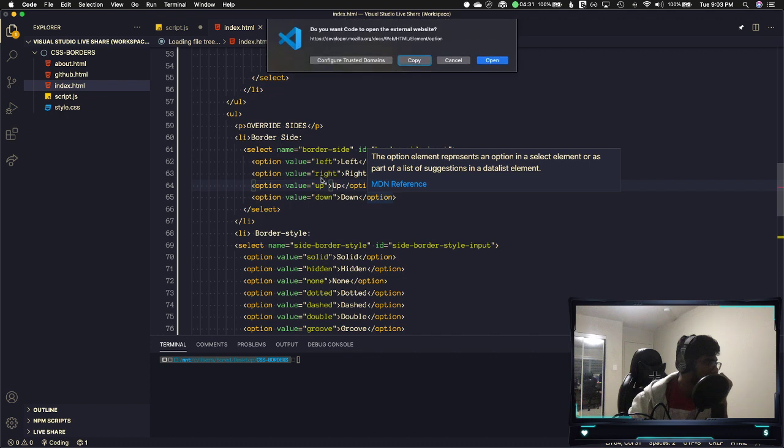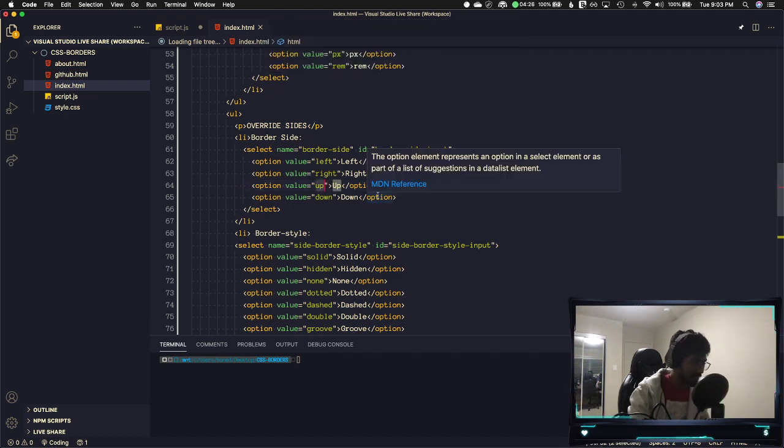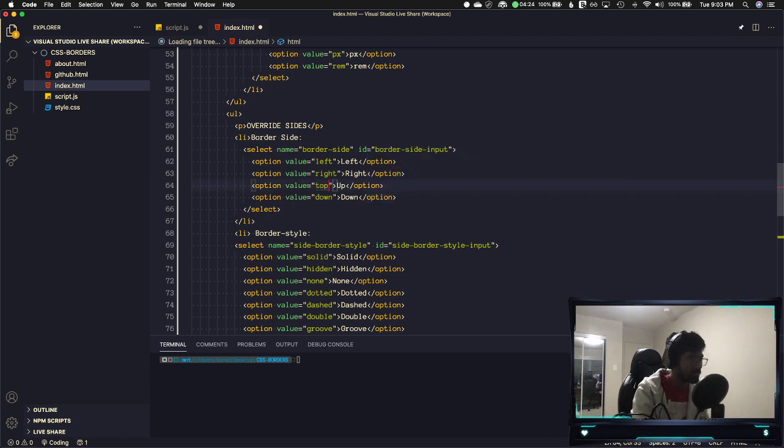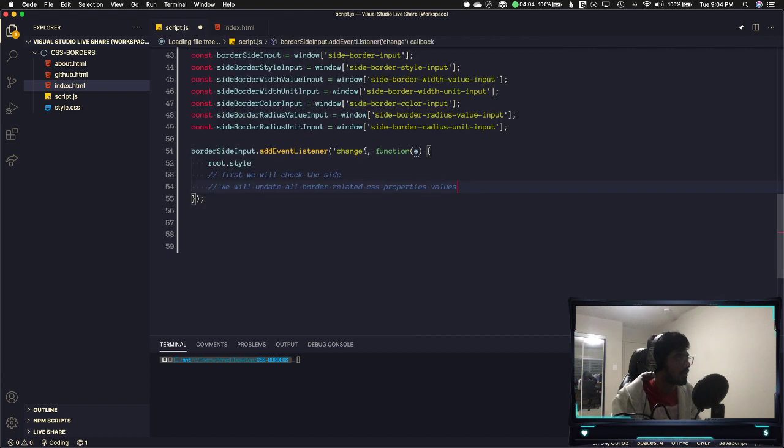Also, in the HTML, you wrote it as up and down, but in the CSS world, it's top and bottom. So I will just change that for the drop down of border side. Sorry, I was writing in the chat. Okay. So if you just look at the HTML, I just changed up and down to top and bottom. Yeah. So now in the JavaScript,